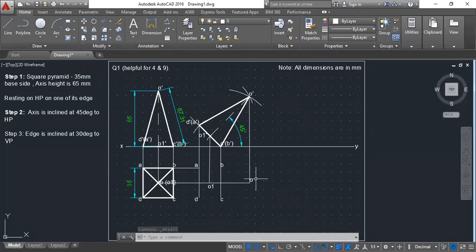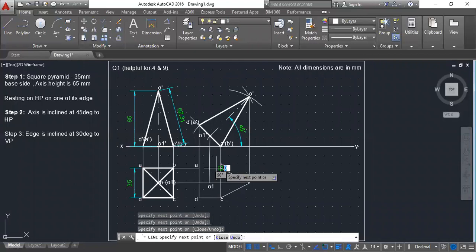From here on, we'll have the confusion of hidden lines. Till now we never had hidden lines, but in the next 3 steps we are going to have hidden lines. Now, how to draw the hidden lines? I'll give you 2 tips. First one, join all the outer boundaries first, like this.